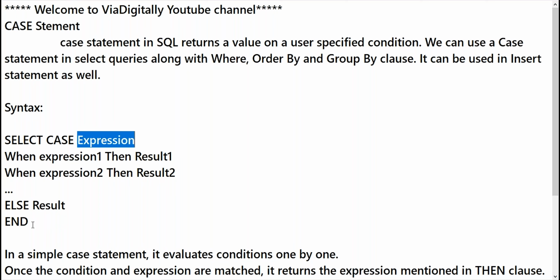But when we apply the CASE statement, it will not impact any base table data, that means any original data. Simple example you can observe: when we give a grade to a student, how do we give it? If the student is above 70%, he gets an A grade, above 90% an A plus grade, between 60 and 70 a B grade, below 60% a C grade, and below 40% a D grade. Like that, depending on the data, we can provide a result based upon the conditions.